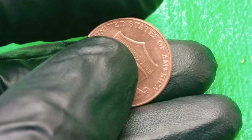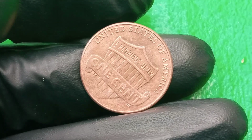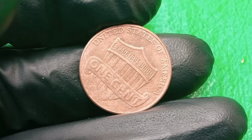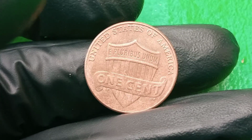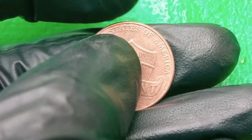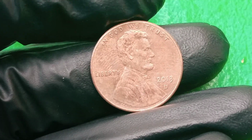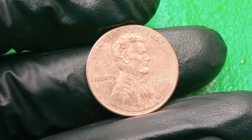For the 2013D 1-cent coin, one of the primary reasons for its astounding monetary valuation is attributed to an error known as die damage. In this instance, a problem with the die used for striking these pennies led to a unique and noticeable doubling effect in the design. This phenomenon, commonly referred to as die doubling,